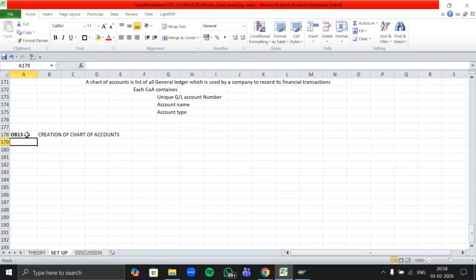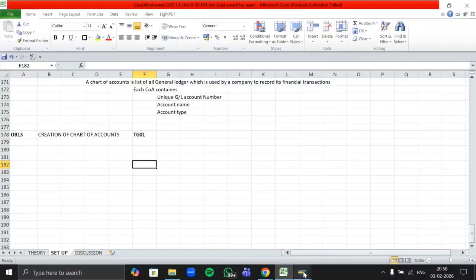Okay, now when you are creating your chart of account, you have to give a unique 4 element code over there. You can give alphanumerics, just numbers, or just alphabets. It depends on your need, what kind of code you want to create, but it should be unique. So here I'm creating the same as my company code so that I don't need to remember multiple codes at a time. So my chart of account I'm creating with the code as